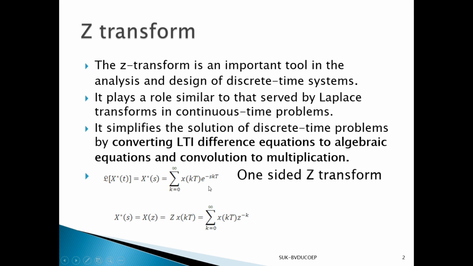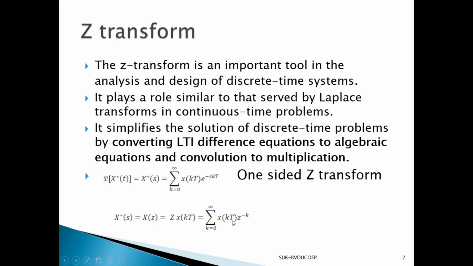Z transform of x(kT). So it is a sample sequence. It is written as, when I substitute e raised to sT is equal to z, x(k) times z raised to minus k, summed over k. That is, z is the operator. And this is the definition we have seen last time. So you please try to remember this Z transform.